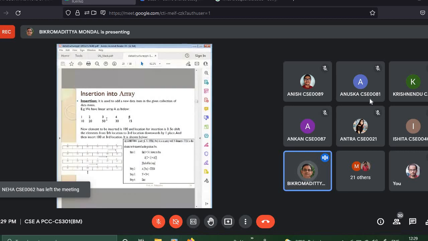In that case, you have to check the value of k with the size of the array. If k is greater than this, then overflow will happen. And if there is any relaxation on that, you can ignore the overflow situation so that you can continue. The last value will be removed in that case.